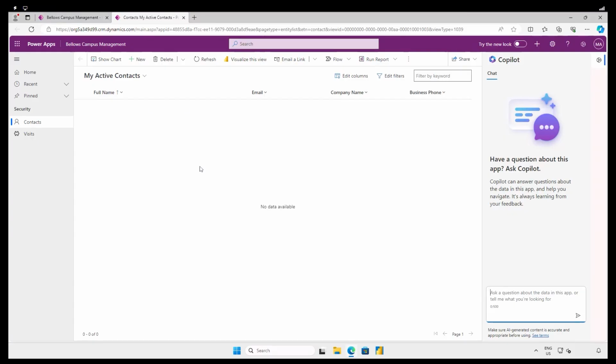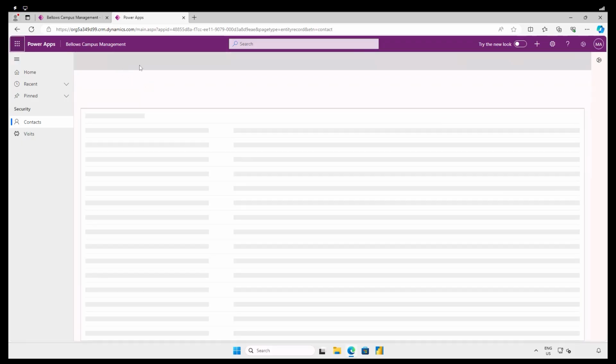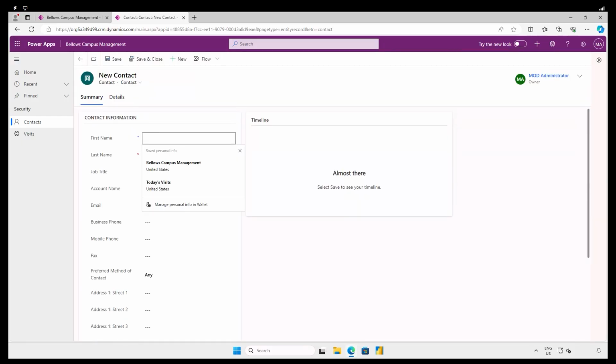All right, so now we've got contacts. It loads up by default to the My Active contacts, and we do not currently have a contact. So let me just minimize Copilot here on the right-hand side, and let's go ahead and create our very first contact. So we'll click New, and we can fill out the contact information form. In this case, we're going to be creating a contact named John Doe, and we'll just add an email here. It doesn't exist, but